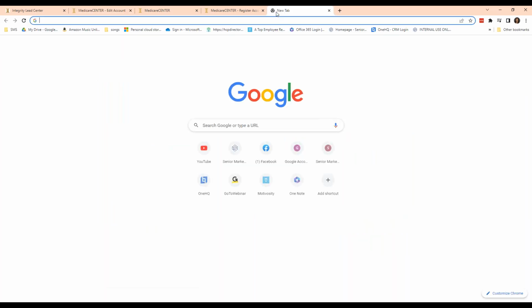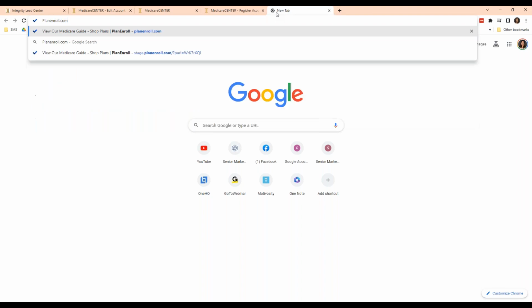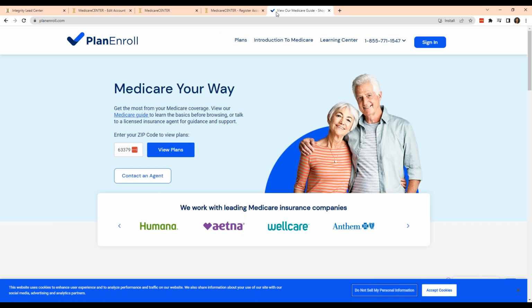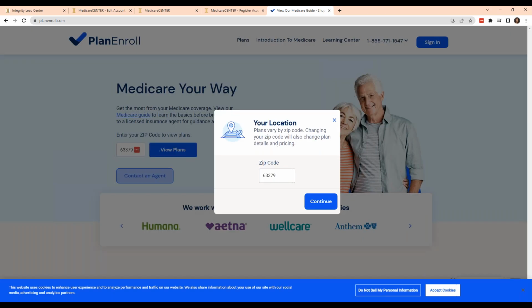Plan Enroll. You might be asking, Olivia, what is Plan Enroll? Plan Enroll is basically an Integrity-produced advertisement, right? They're going to be doing commercials, print advertising, flyers, all sorts of stuff. It's designed to match up consumers, beneficiaries, and people looking for information with local agents utilizing Integrity. So they can come on here and put in their zip code, or they can click contact an agent. When they click contact an agent, they put in their zip, and it'll pull up a list of agents